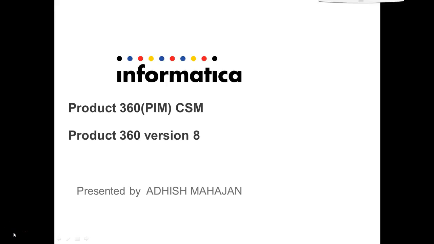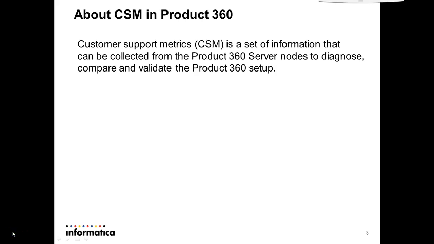Today we are going to have a look at the CSM, the customer support matrix in Product 360. It has been introduced from version 8. So the agenda for the video is about CSM in Product 360 and how to collect CSM from the Control Center UI. Customer support matrix is a set of information that can be collected from the Control Center UI across the Product 360 server nodes, and this CSM report will help us to diagnose, compare, and validate the Product 360